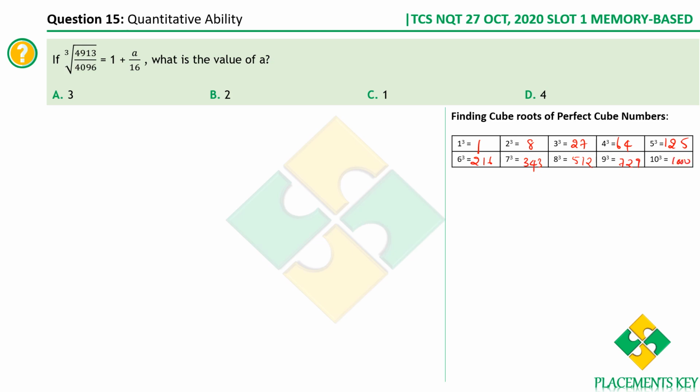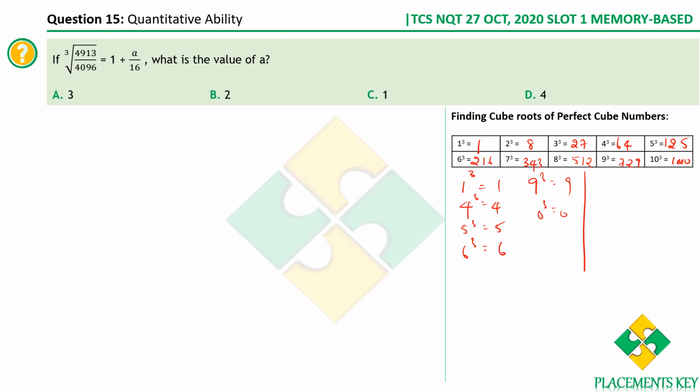Okay, now clearly on observation, what can we say? We know 1 cube ends in 1. Similarly, we can also say that 4 cube ends in 4. Similarly, 5 cube ends in 5. Okay, 6 cube ends in 6. 9 cube ends in 9. 0 cube ends in 0. Yeah, so the cube value and the actual value, the unit digits are always same in this case. Okay, they're always same in this case. So let me write it here. 9 cube, you have 9, and 0 cube also you have 0.